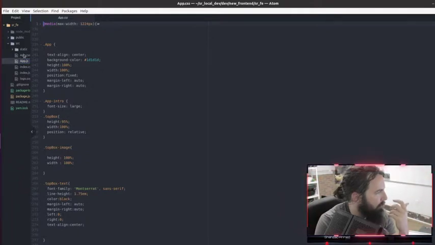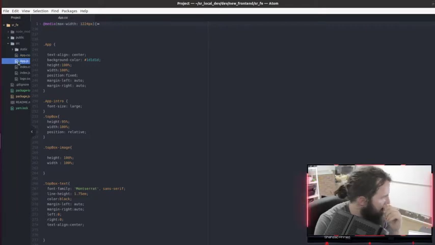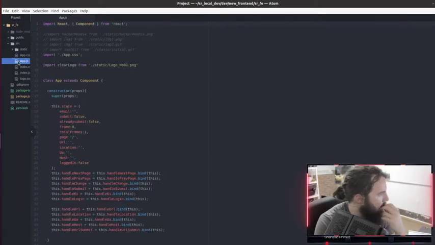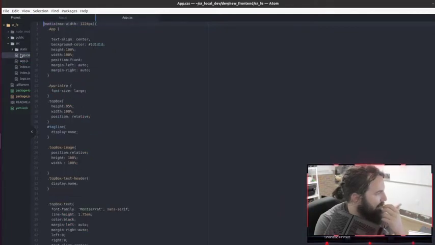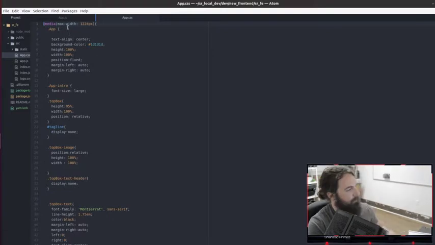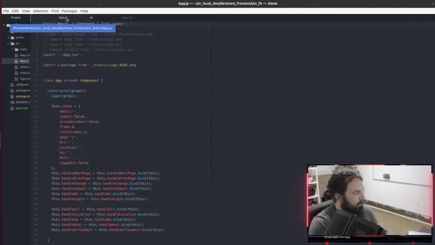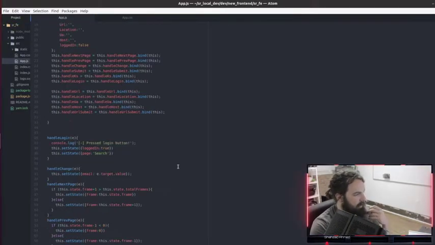Can I not open both in 2 different tabs? I should be able to open both. Why is it not? There we go. All right. So first off, I don't love that it says search page.